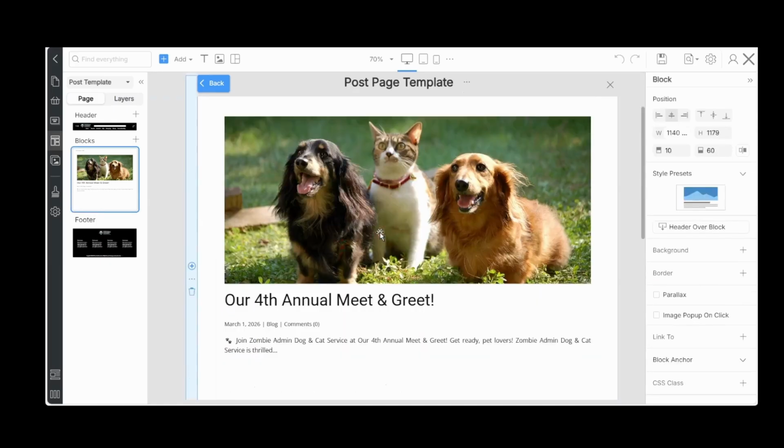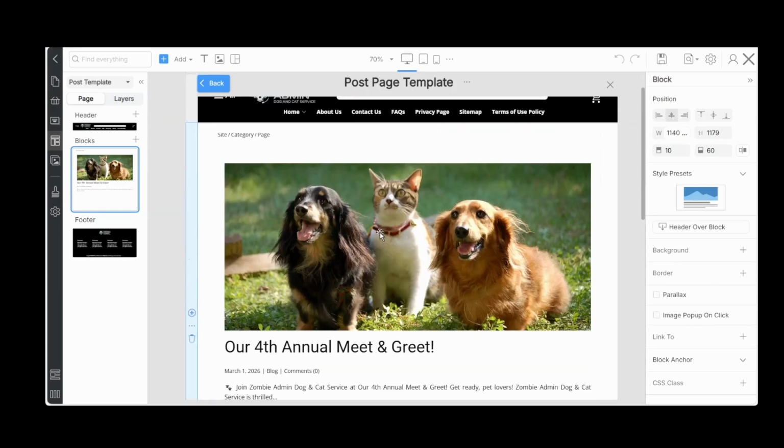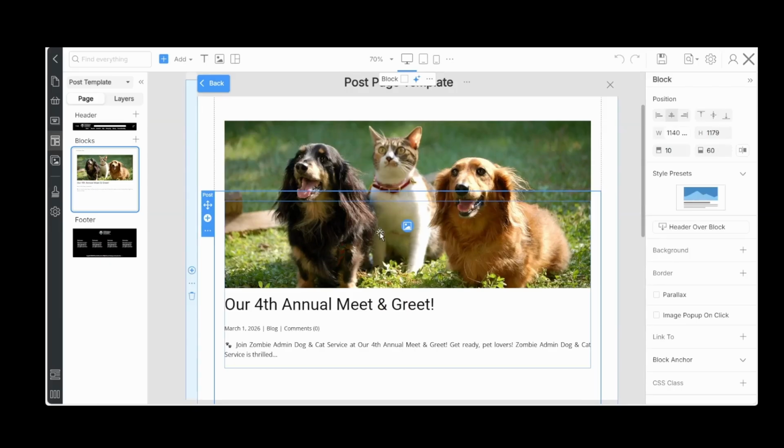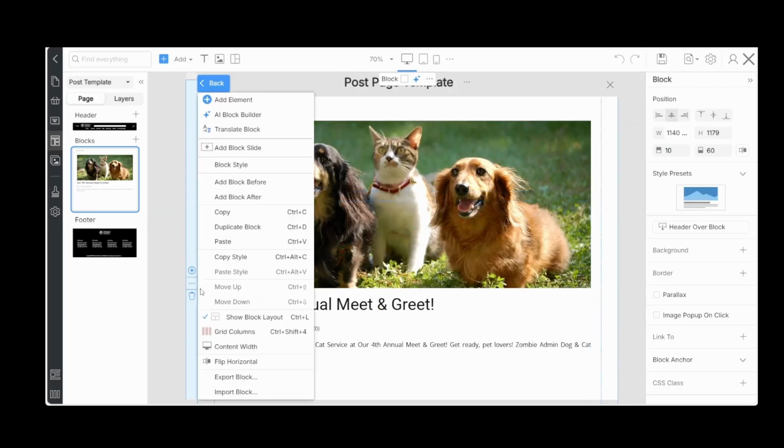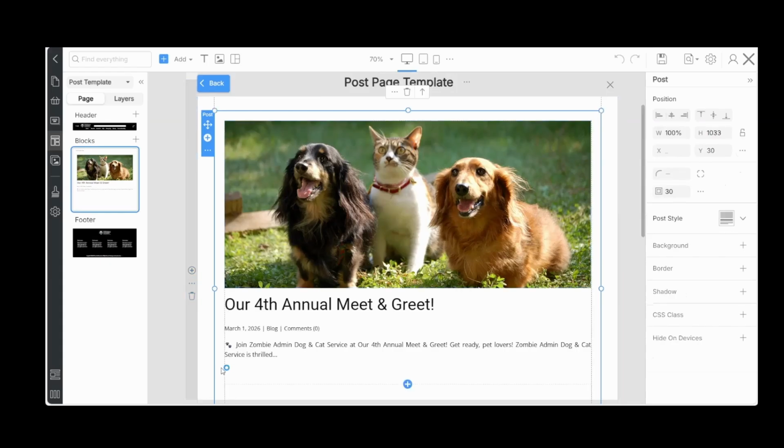And let's say we want sidebars. So we're going to do it like this. First thing is always save your block. So let's export this block. We're going to save it. And it's saved.